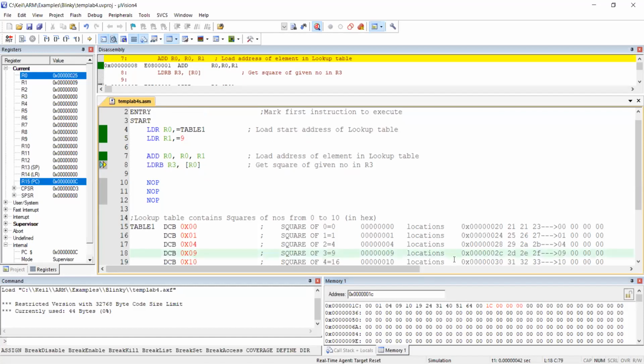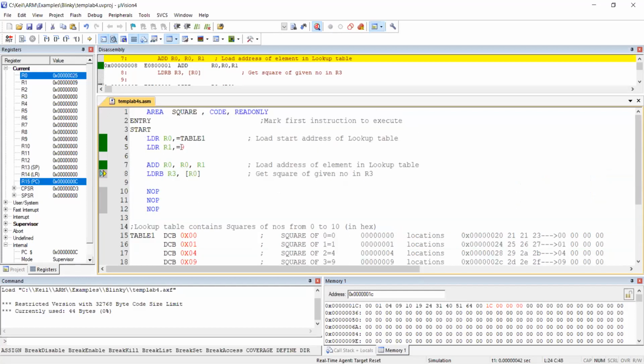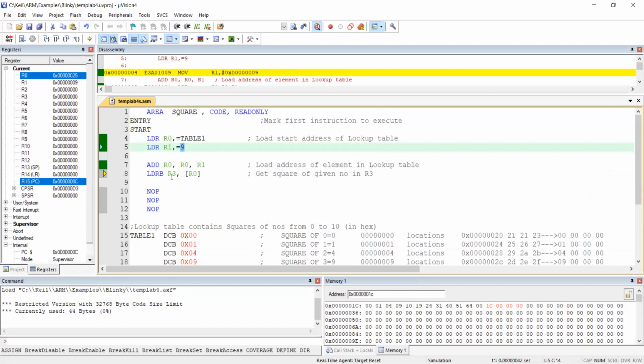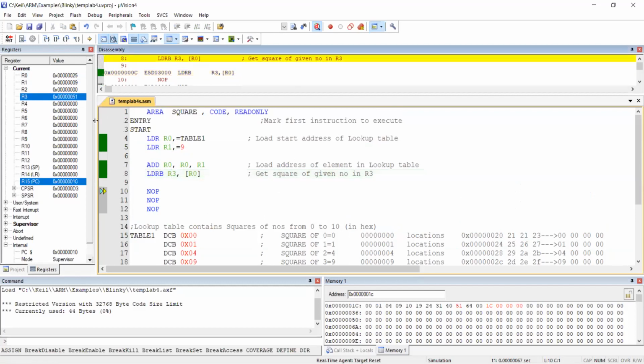Let's see whether 51 is right or not. 51 in hexadecimal is equal to 81 in decimal. 81 is the square of 9. So probably my answer will be correct. 9 squared is 81, so I am going to get 51 here, which is hexadecimal. Once I convert it into decimal, I will get 81. Let's see whether it will be correct. We have got 51, so the answer is right.